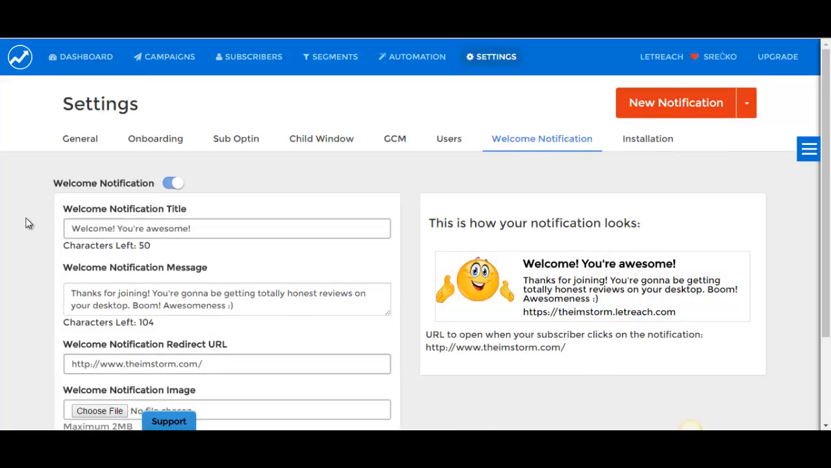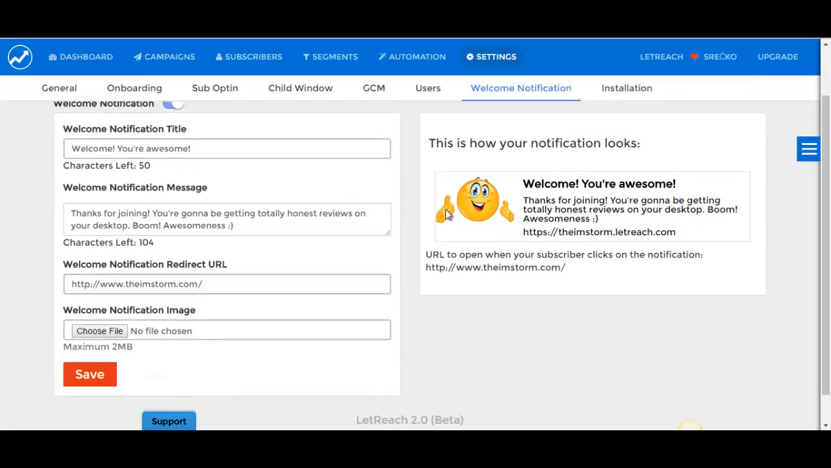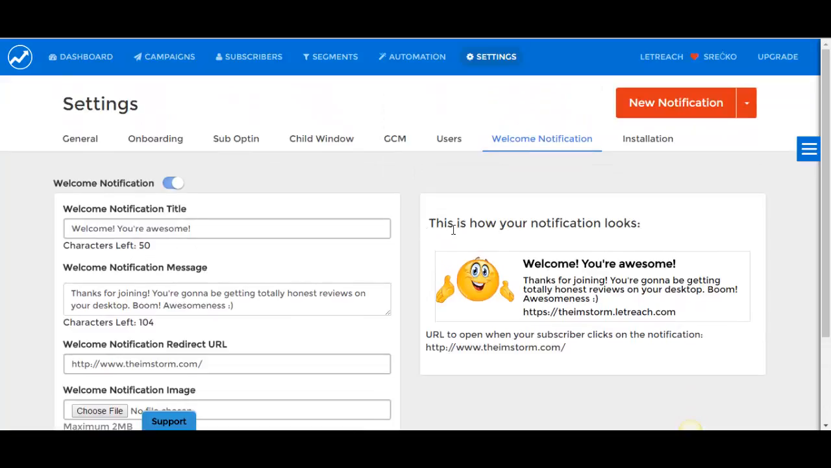Okay, I'm going to show you now the welcome notification, which is cool. This works like an autoresponder. When they subscribe, they get a welcome message. The same thing here with push notifications. The one thing I'm pretty sure most of you will complain about is this part right over here, probably because it shows the